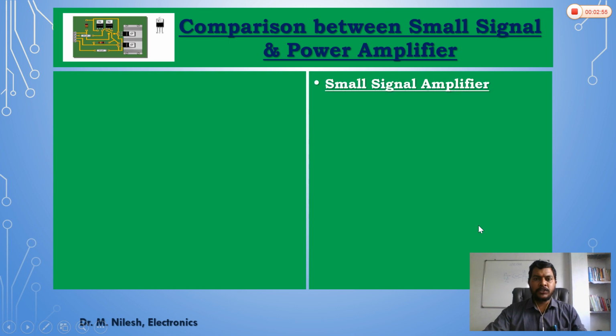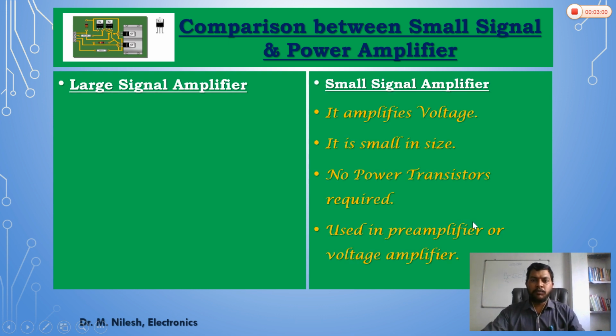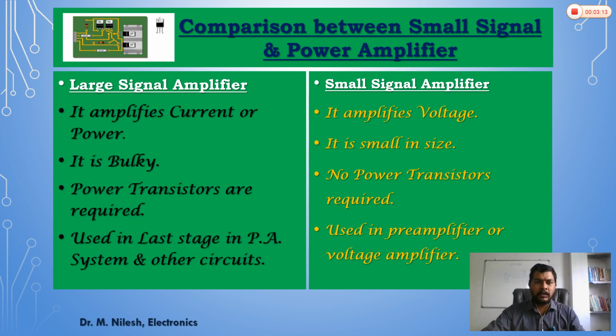Now, what is the comparison between the small signal amplifiers and the large signal amplifiers? The small signal amplifier amplifies only voltage, it is small in size, no power transistor is required, and these are used in a pre-amplifier or a voltage amplifier. The large signal amplifier, on the other hand, amplifies current or power. It is bulky in nature, power transistors are required, and they are used in the last stage in power amplifier